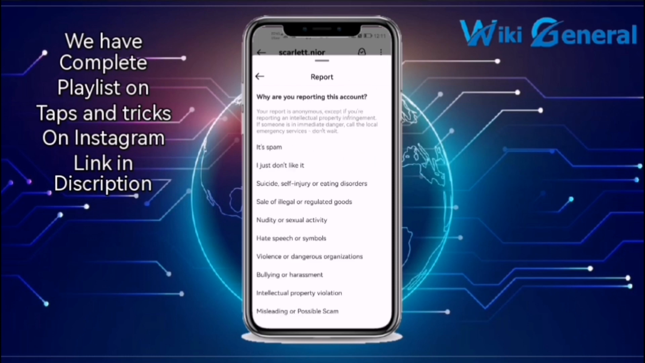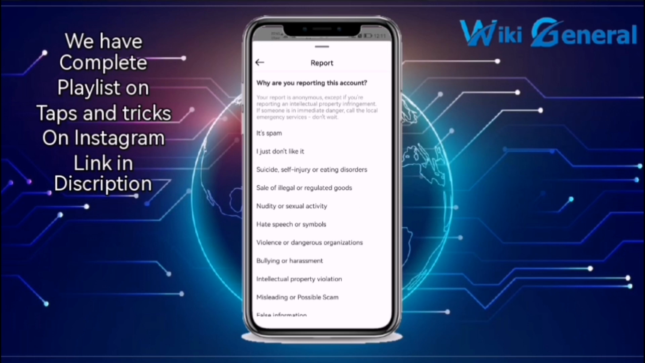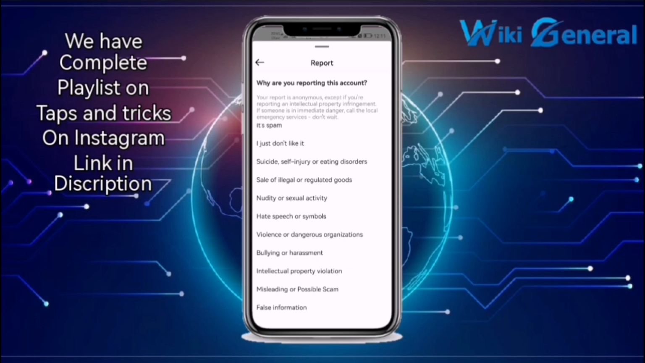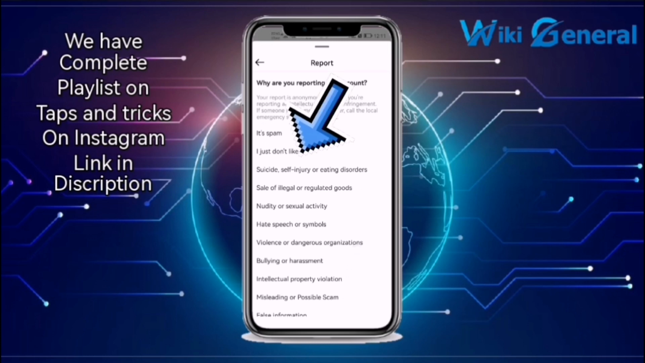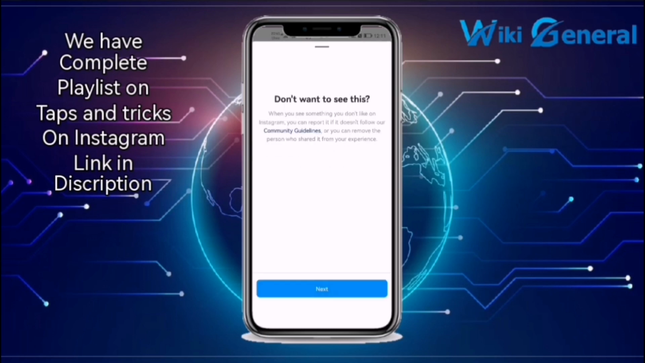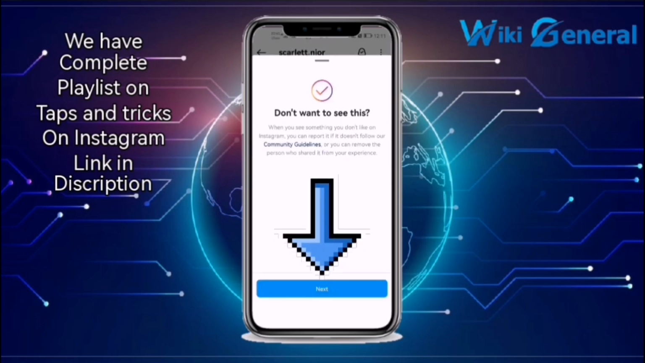Once you click on it, there are multiple options for why you want to report. So I want to report that I just don't like it. So then click on next,